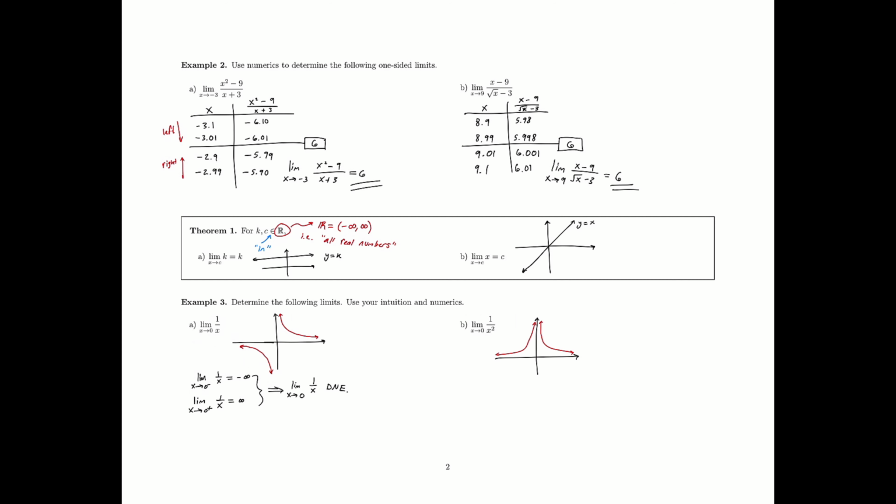So now what we end up seeing is that the left-hand limit of 1 over x squared equals positive infinity, and the right-hand limit of 1 over x squared also equals positive infinity. So this implies that the limit as x goes to 0 of 1 over x squared equals infinity. Now there's a little caveat here we have to be careful of, and that is the true definition of a limit,